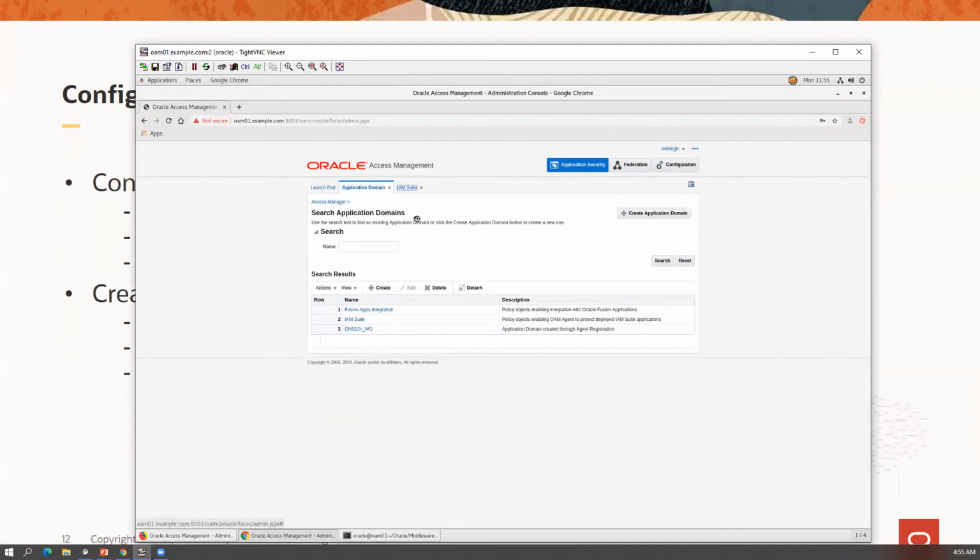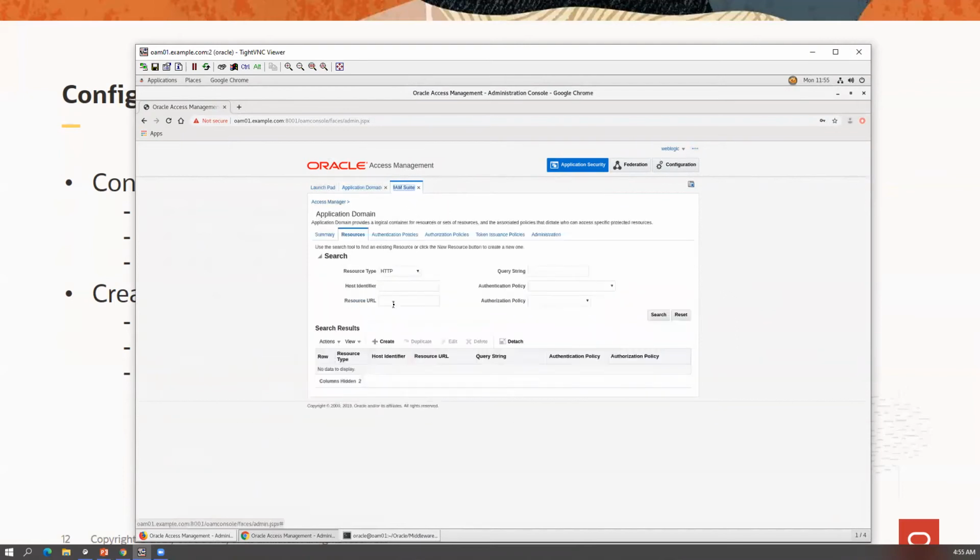For example, if you look into, say, token, which is an endpoint configured under IAM Suite agent, we have OAuth2 REST token here.